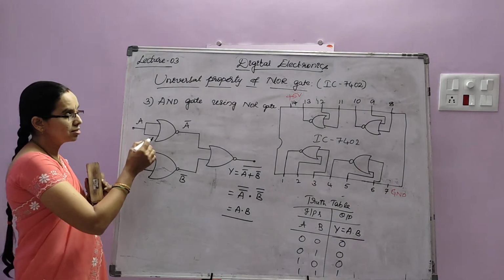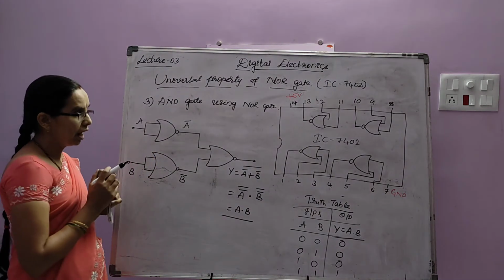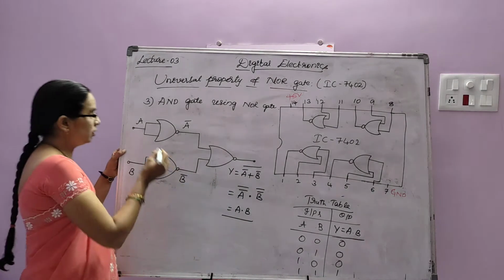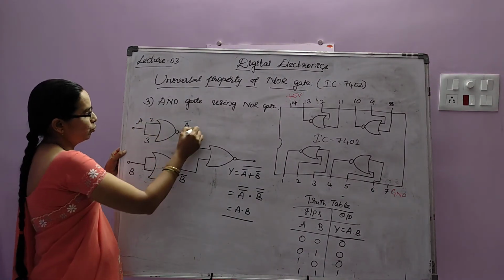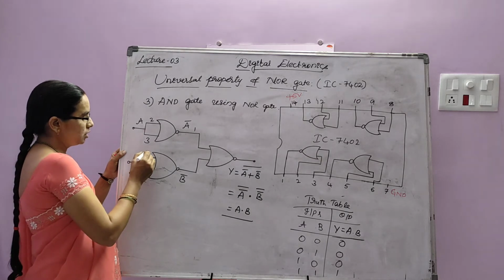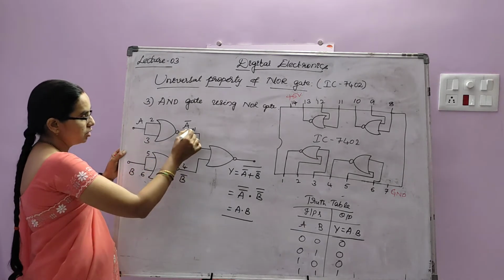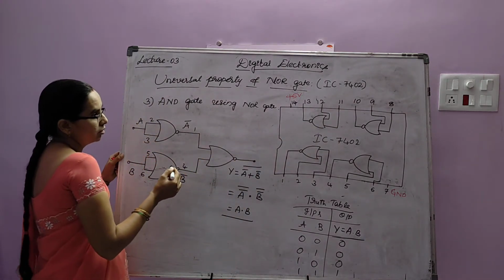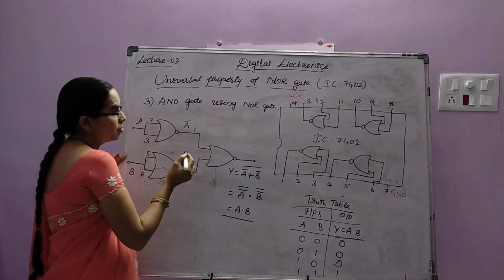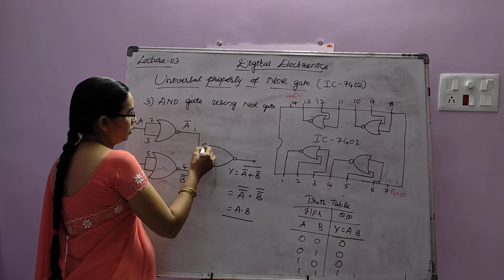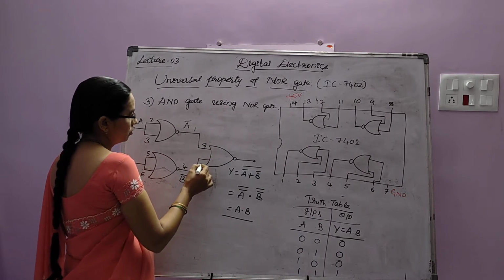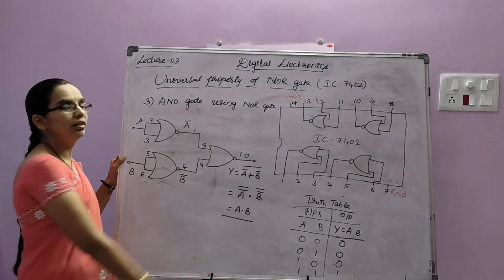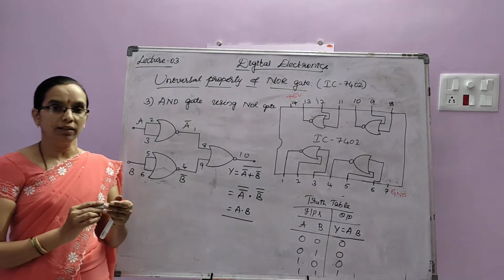So again, constructing the AND gate using IC 7402, I'll just tell you the pin numbers. This is 2 and 3, 1 will be this pin, and it is 5 and 6, 4. This 1 and 4 will be the inputs of the third gate. Any gates you can use, the third I will use. 1 should be connected to 8 and 4 should be connected to 9, and 10 will be the output, where you are going to connect the LED or voltmeter, anything.